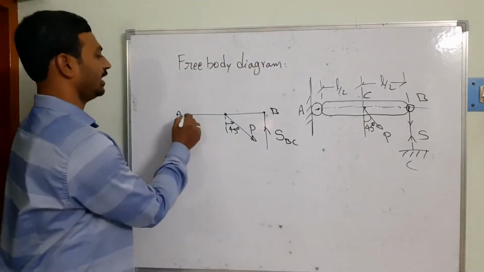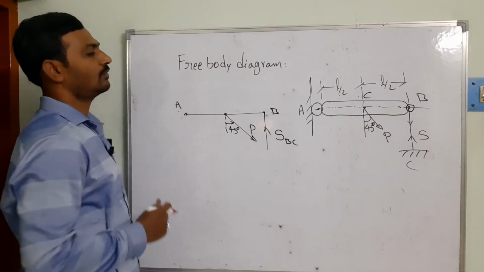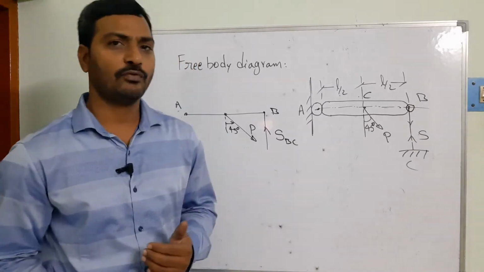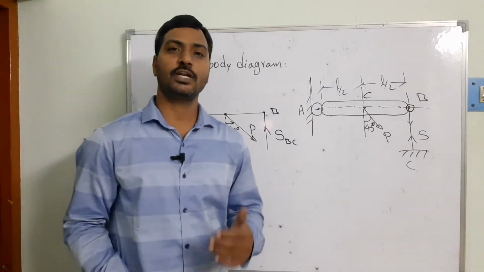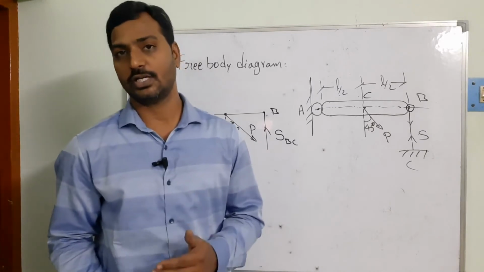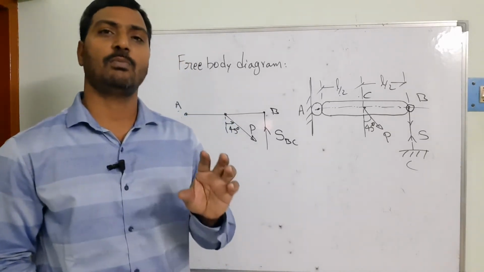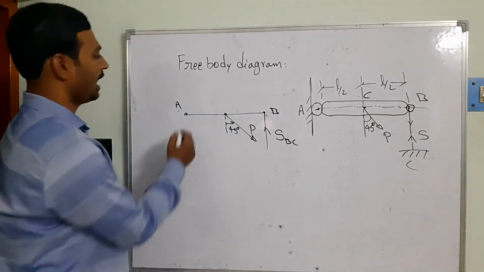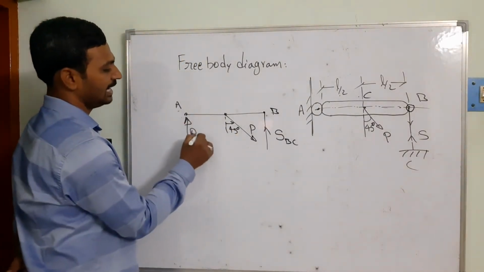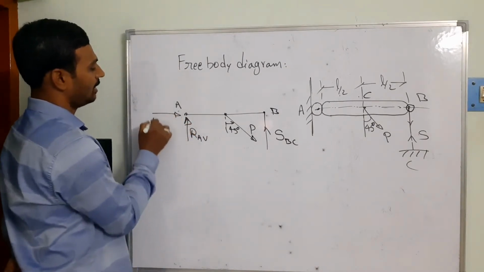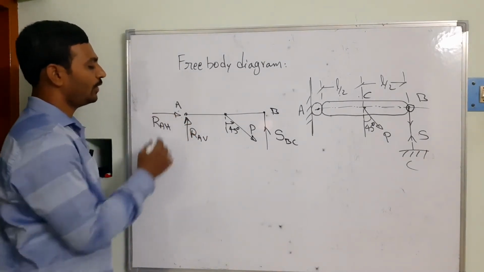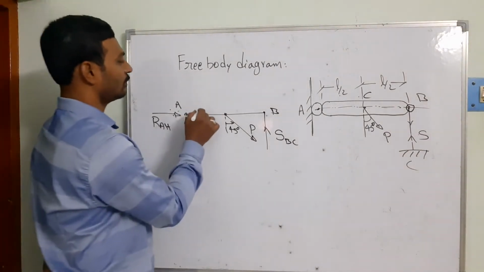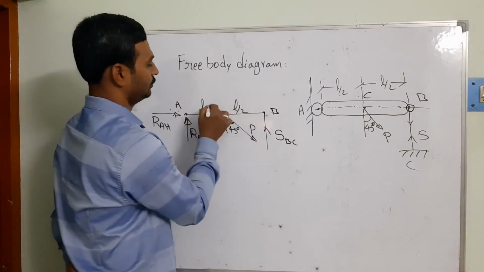So next at hinge A. At hinge A what will happen here, already we know that at a hinge there are going to be two types of reaction forces generated. The first one is in the vertical direction, the second one is horizontal. These two forces try to keep the body in the equilibrium condition and avoid the movements at the point A. So then I am going to take your RAV, RAH. So we have taken these directions over here. At the same time these are located L by 2 and L by 2 distance.